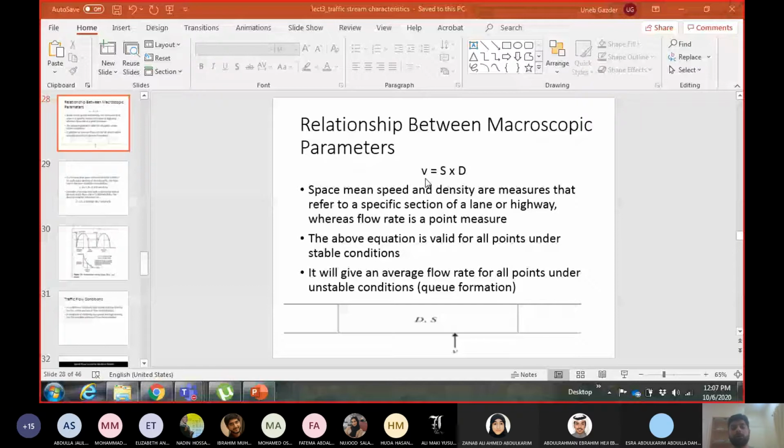Okay. Now, what is a uniform section? You can see here they have made a sketch. So between these two vertical lines, I have the uniform section. S will be measured using the travel time from this line to this line for all the vehicles. So it will be for the entire section, and D will be for the entire section as well. But flow rate can be observed at this point or this point or this point. So this arrow doesn't mean it's a specific point. It means any point on this section. So this equation can give you V at any point on this section.